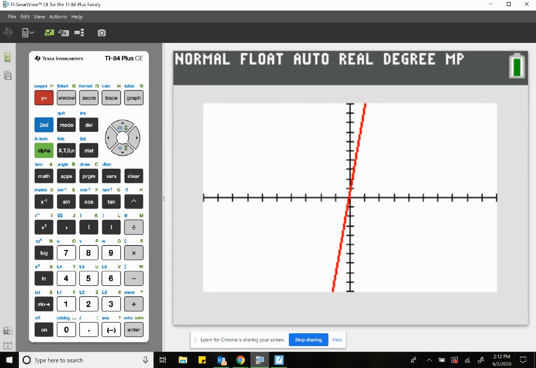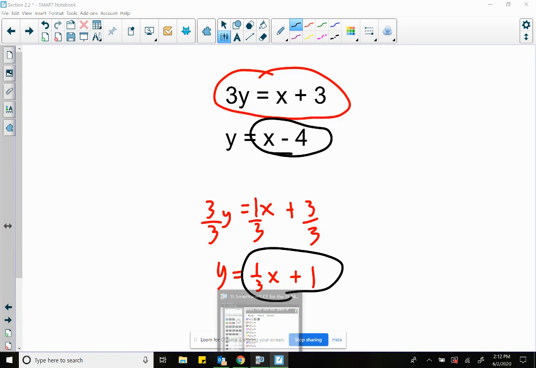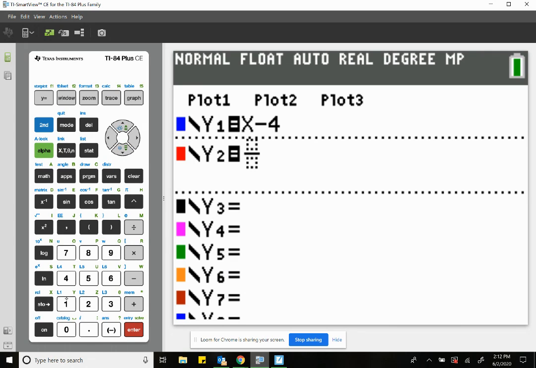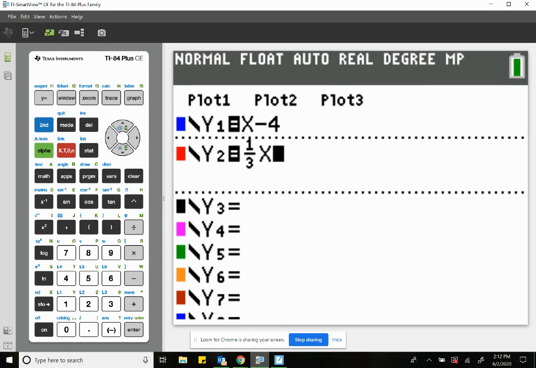Okay, so we come back in here. So we'll put x, what was that first guy? x minus 4. And then down here, we'll hit alpha y equals because we have 1/3. Scroll out to the side, x. And then I think it was plus 1. So there's our two equations. If you hit graph,